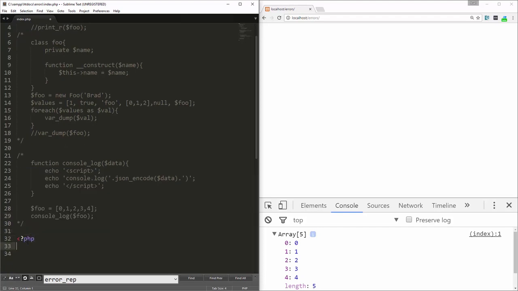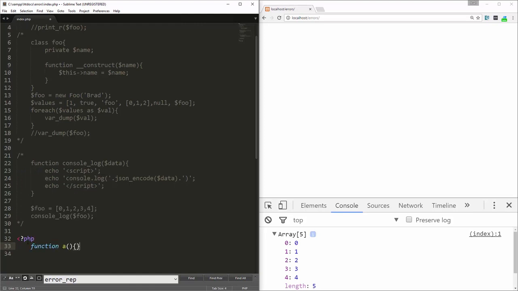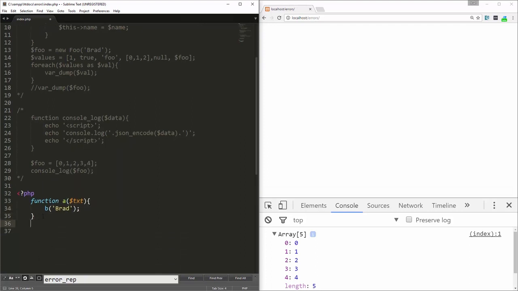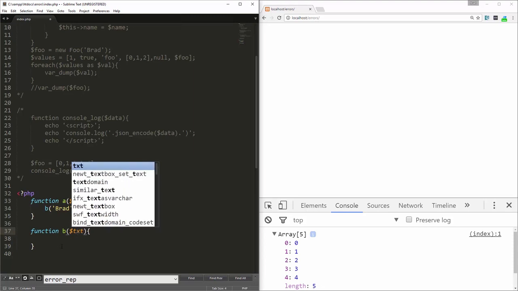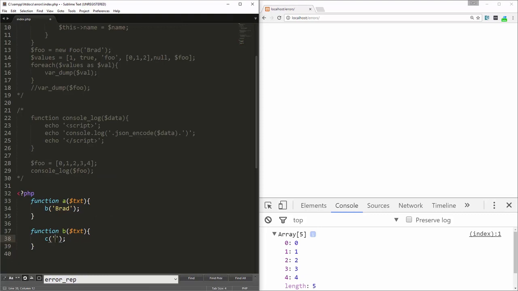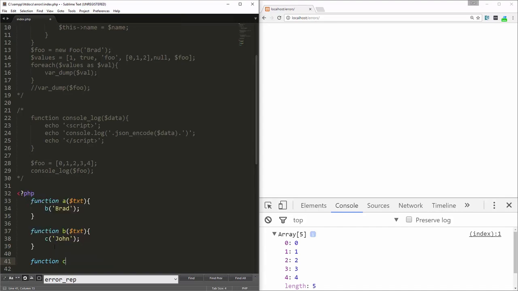And this code isn't going to do much, but I just want it to generate a backtrace. So let's say function A, which takes in text, and then it's going to call a function called B, and we'll pass in Brad, or whatever you want to pass in. And let's do function B, which also takes in text, and then we'll call a function called C, we'll pass in John, then we'll have a function called C,